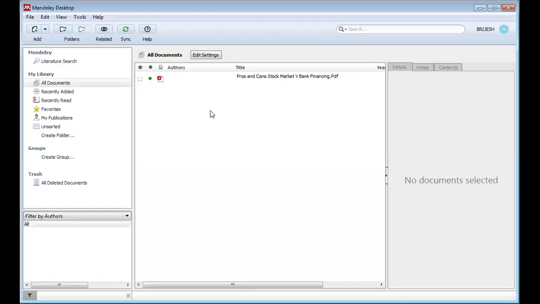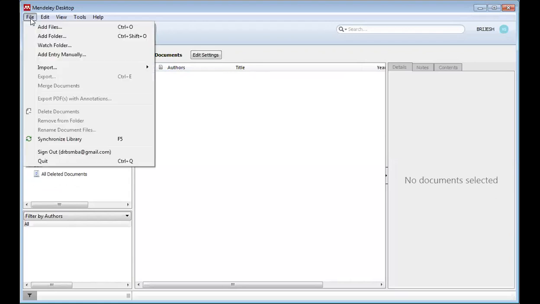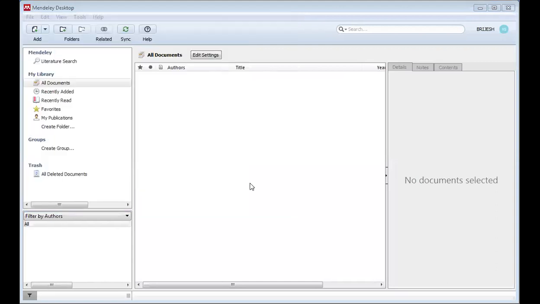Once it is downloaded, the fantastic part of the Mendeley desktop is that it will be helpful for you to write the references. I will show you how to add the files. Go to this column, that is File, and you can choose Add Files. For example, I have a folder and I just want to add one file, so I can just give Open.